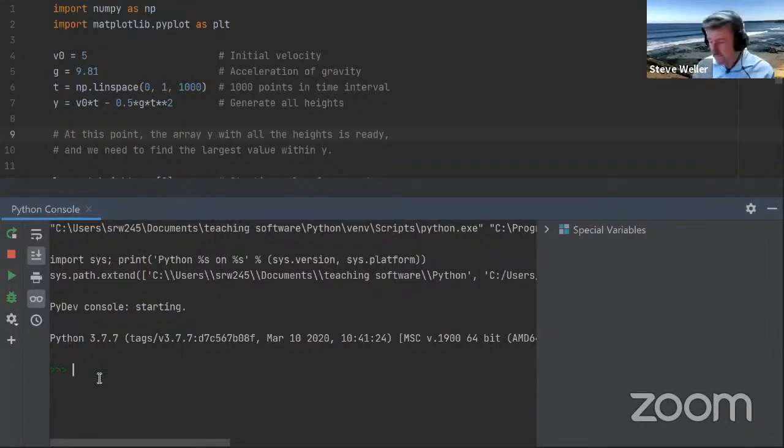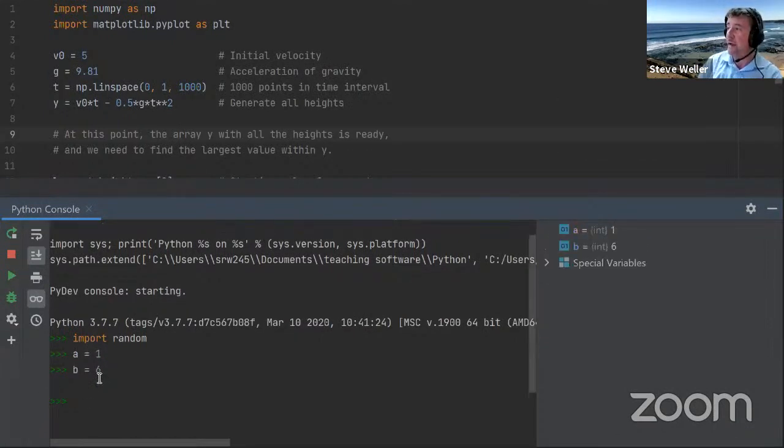Okay, so we're at the console. We can import the random module, which allows us to access functions within the random module. We said A is equal to 1. That's going to be our minimum random number.